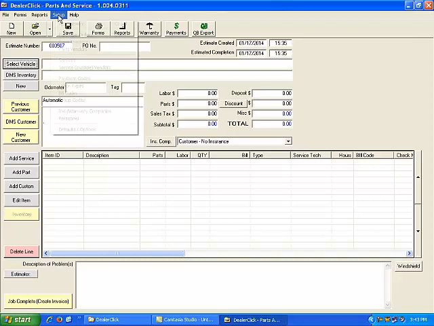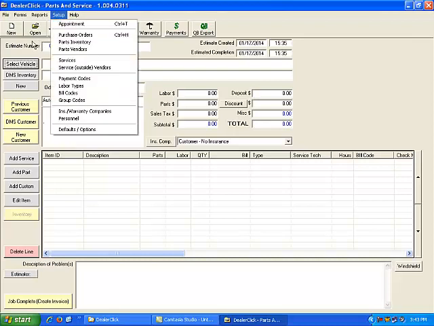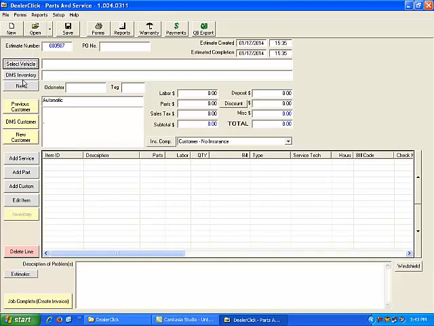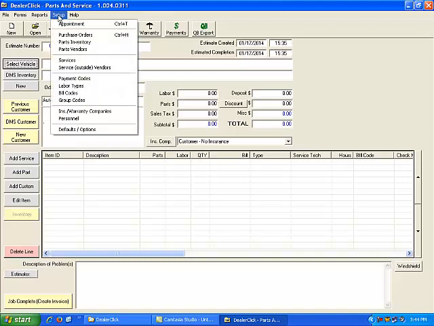We're going to be going through the setup functions as well as showing how to enter vehicle information, customer information, how to add services and parts to an estimate, and then how to go ahead and print out information as well. So when you first get the program, you're going to want to go to Setup up at the top